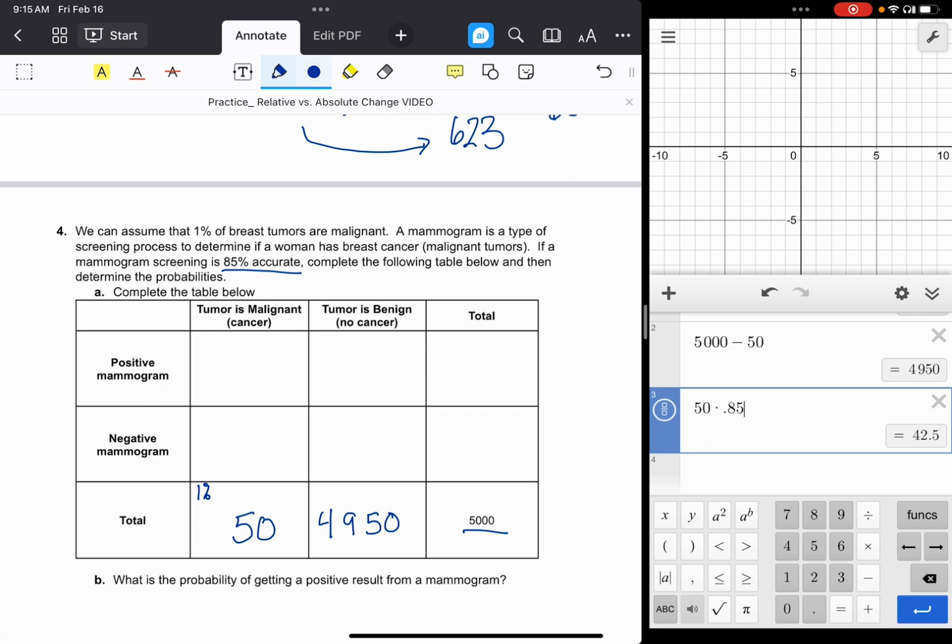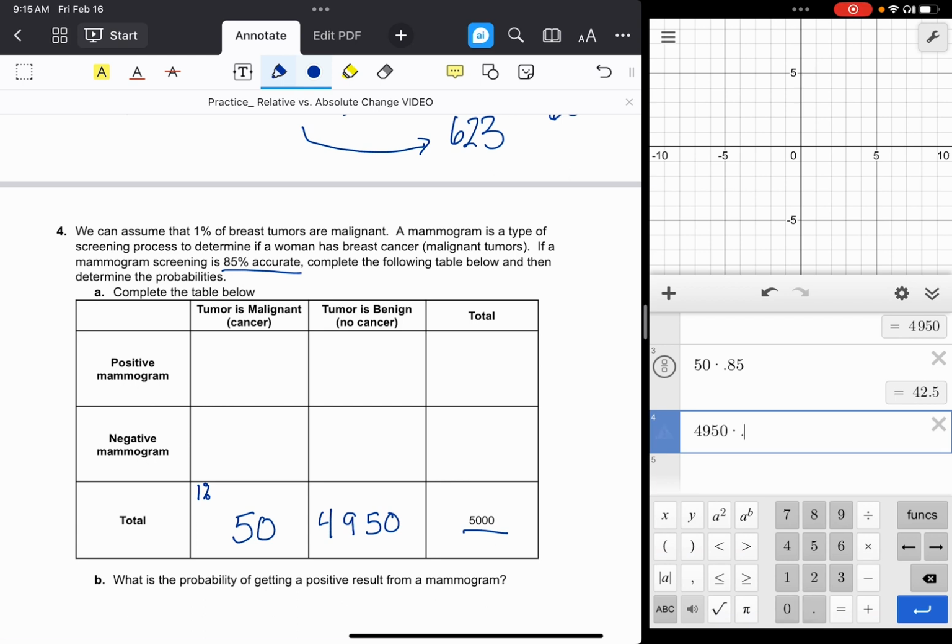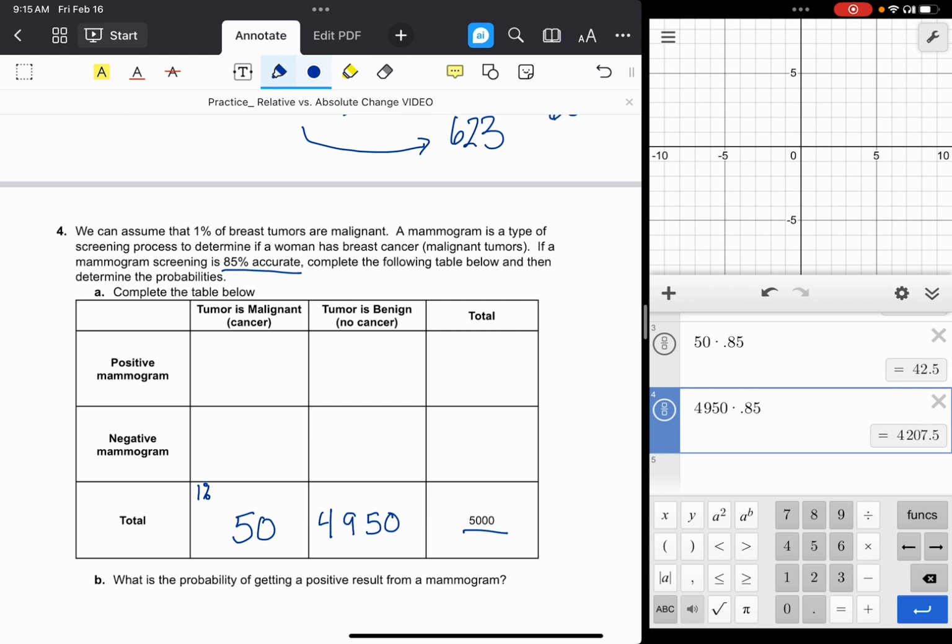And this is where you need to make a decision. And here's the other thing. If I go do my next number, 4,950 times 0.85, this is also a 0.5. So on the last problem, we had a 0.25 and a 0.75, so we rounded down in one place and we rounded up in the other. And that's basically the rule of thumb with these tables. So if I round up for positive mammograms, then I need to round down for negative ones to